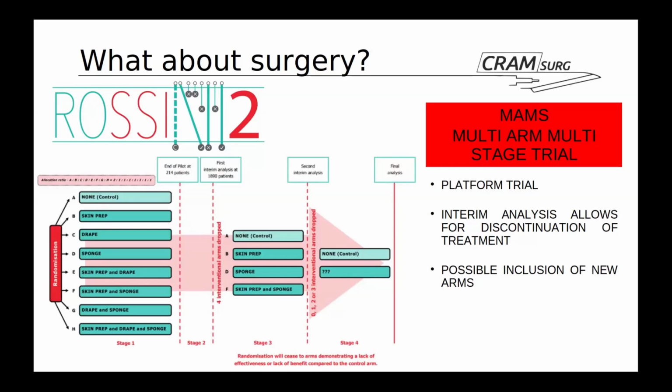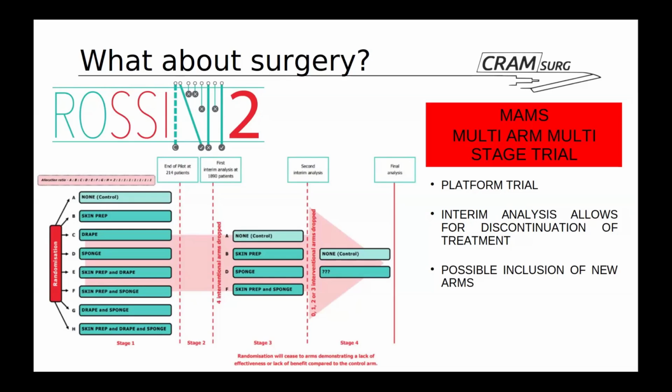I'm sure general surgical trainees have been subjected to recruiting for ROSSINI, which has been ongoing for a number of years. It's a trial that has to do with infection control and measures that are taken in the operating room to reduce the SSI risk. It started with a number of potential candidates, treatments that were deemed to potentially be effective. And as time went along, we actually realized that none of them worked. And based on very accurately planned interim analysis, a lot of those arms were dropped between stage 2 and stage 3. And we are now in stage 4, where basically the researchers are thinking about putting new arms into the trial